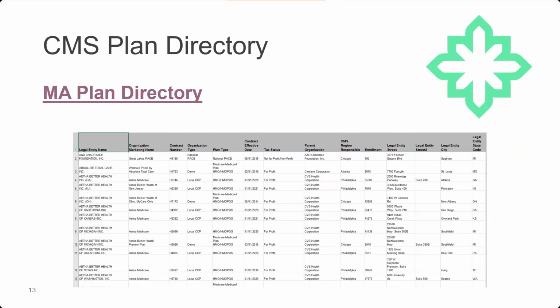So I may from time to time refer you back to the MA plan directory, the Medicare Advantage plan directory. Each Medicare Advantage plan is controlled by a regional office. They hold a contract with that regional office, very similar to the Medicare A, B administrative contractors, which is what we are. We're your Medicare administrative contractor, or MAC, and we process Part A and B claims. And we are controlled based on a geographical area, certain regional office. Well, that's the same concept for the plans.